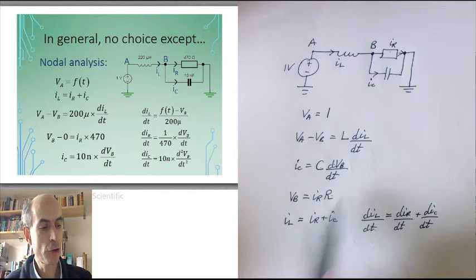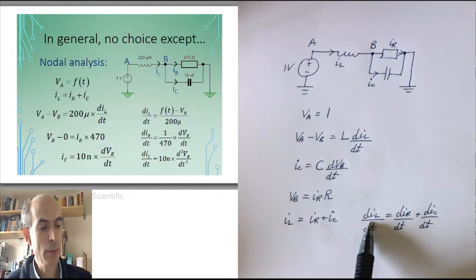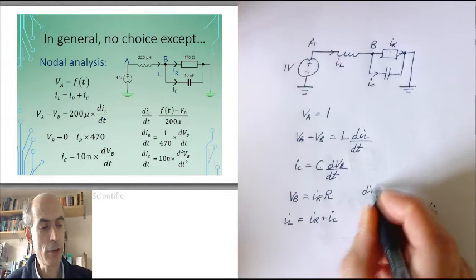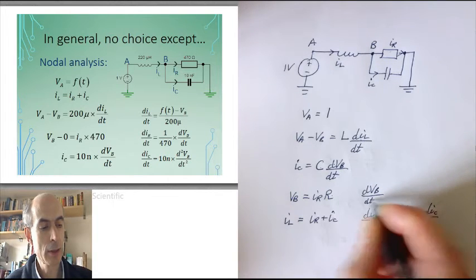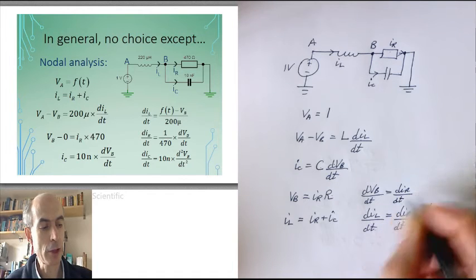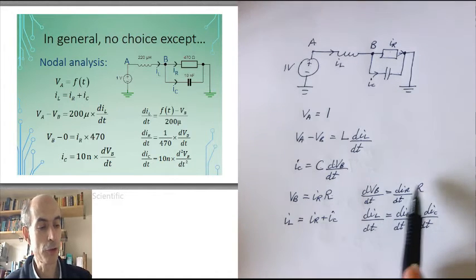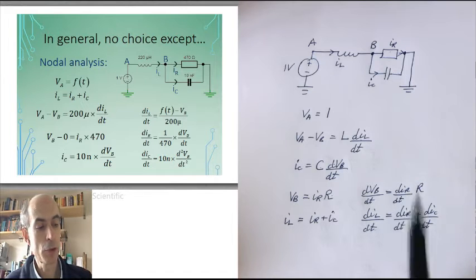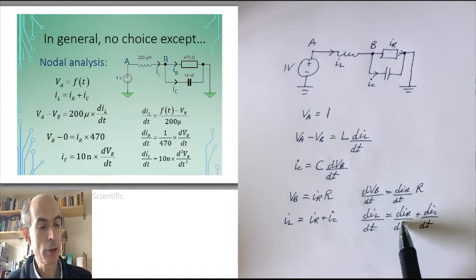Then we could substitute from this into here, and if we differentiate this expression as well to get dVB/dt equals dIR/dt times R, as R is just a constant, then we can eliminate IR between these two equations and IL